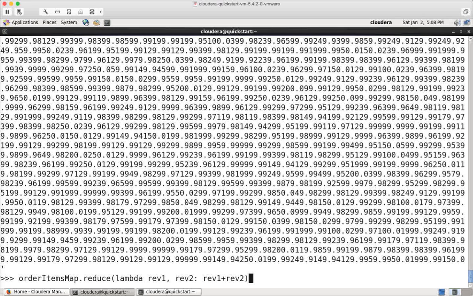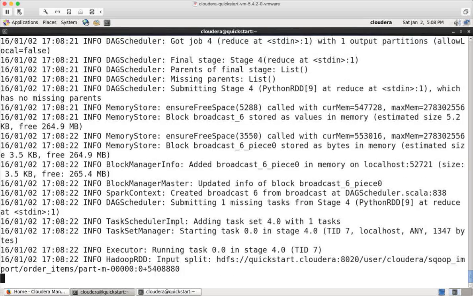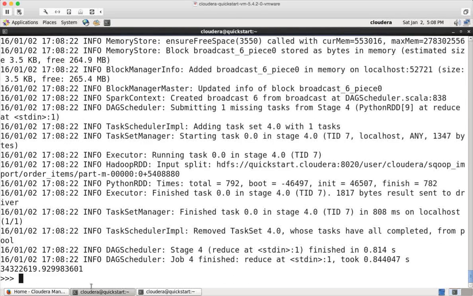So to fix this, what you have to do is go back to your order items map function and typecast or convert the data type to float by applying the float function on that. And now if you apply the reduce function, it will give you the total revenue, which is 34,322,619 for the 1 year data set. So this is how you can get the